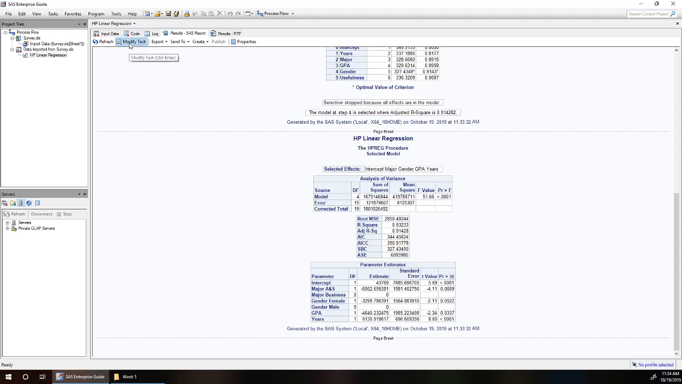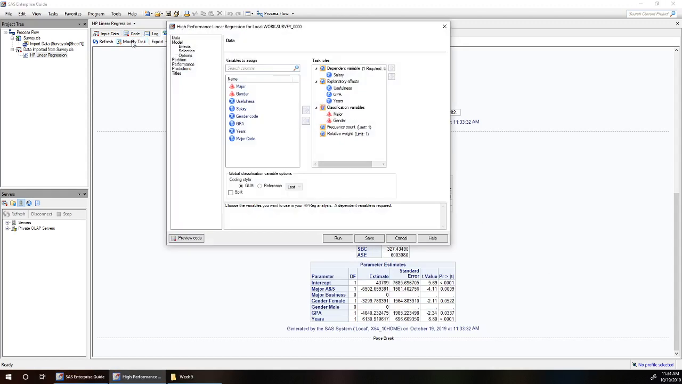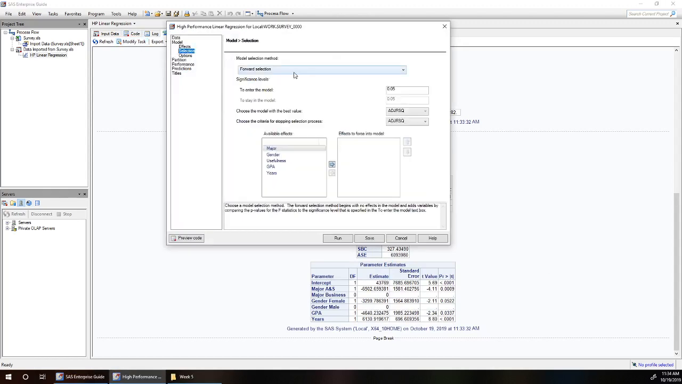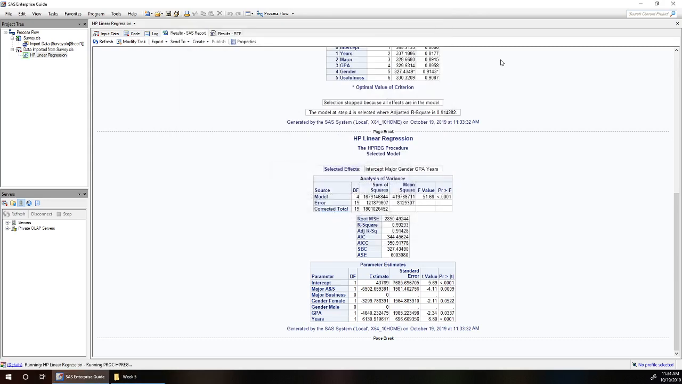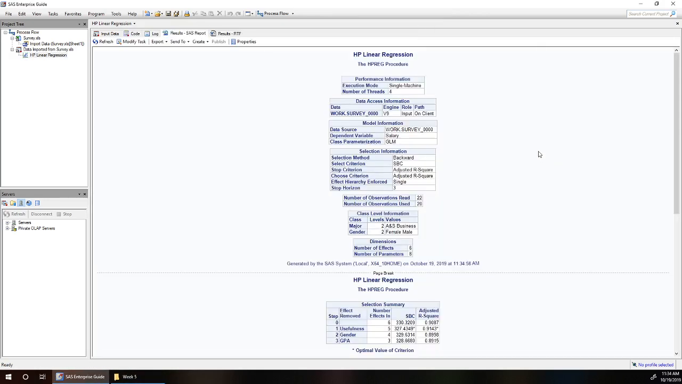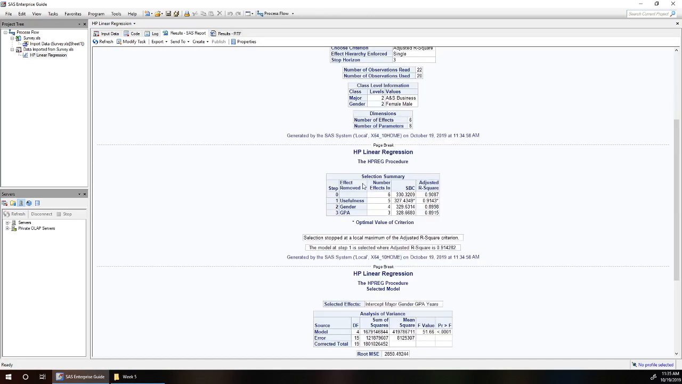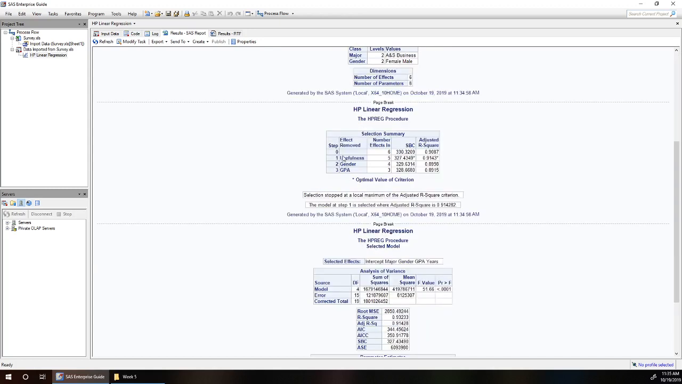Now let's do backward elimination using the same data. I'll modify my task here, go to selection, change forward selection to backward elimination. Everything else is going to stay the same. I'll hit run. This time our model is going to start with a full model, so start with all 5 variables in the model. You can see down here at step 0 we've got the full model with the adjusted